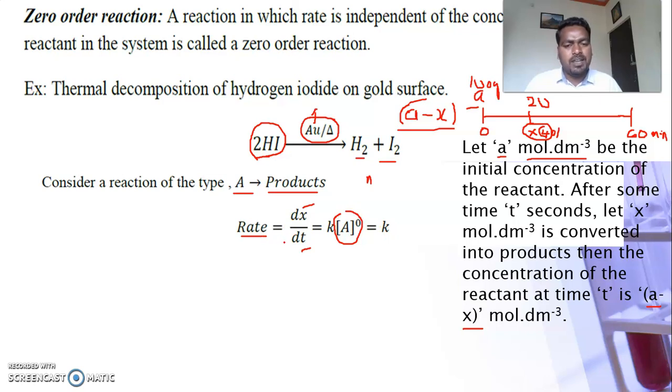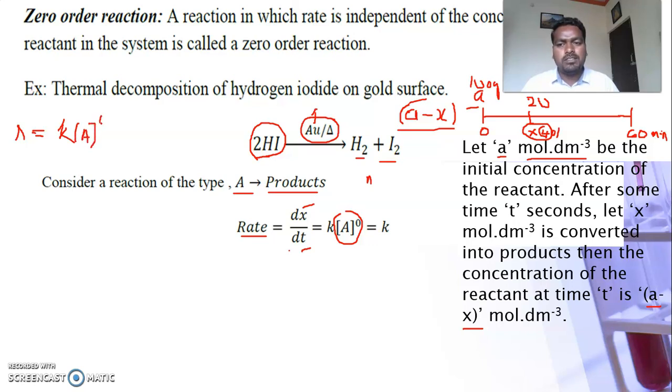Once again, the rate of reaction is equal to dx by dt. So this is the rate expression. We know rate of reaction is equal to dx by dt, and if you apply the law of mass action to the zero order reaction, the rate of reaction is proportional to A to the power 0, then we introduce k, so it is equal to k into A to the power 0. Dear students, if you do not know the law of mass action, it is difficult to derive this equation. That's why, once again I will write here: you apply the law of mass action, rate of reaction is equal to k into concentration A to the power 0.